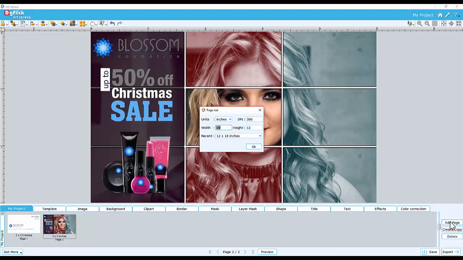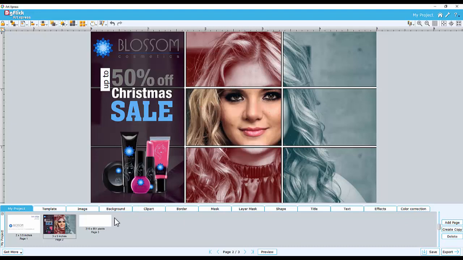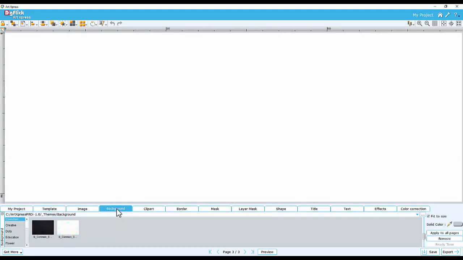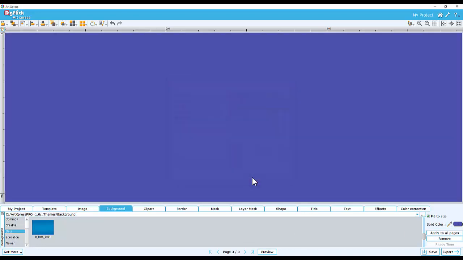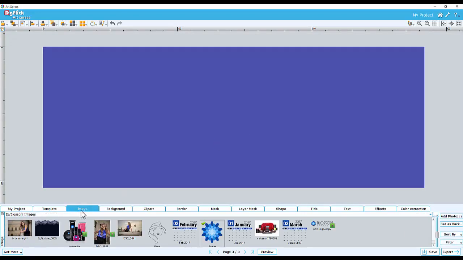Again, a new page is added in a different size. Backgrounds tab has some theme-based backgrounds that can be added depending on the designs you are creating. Even any solid color can be a background of the page. Once the image appears on the page,